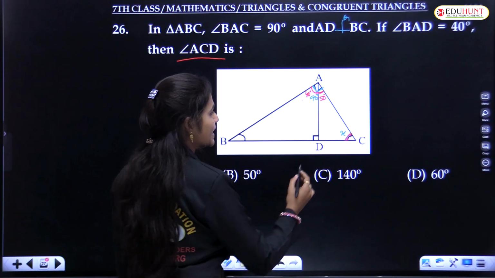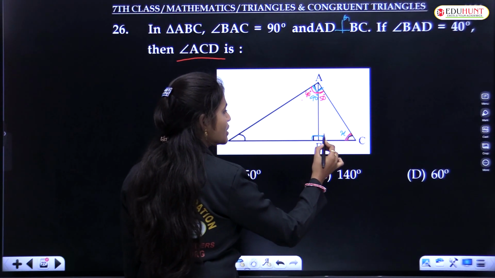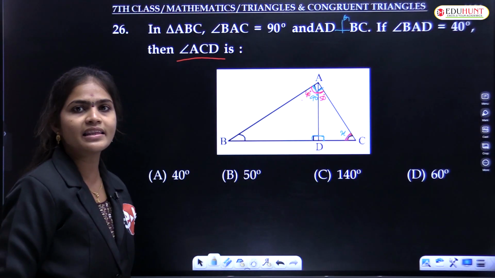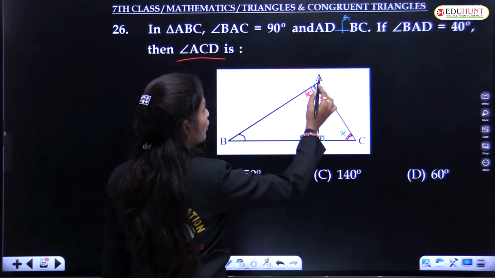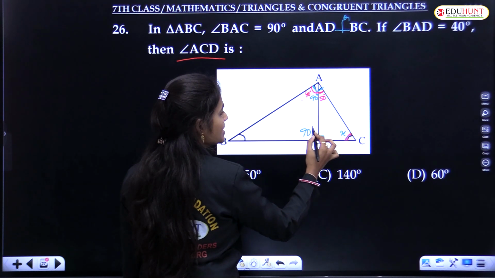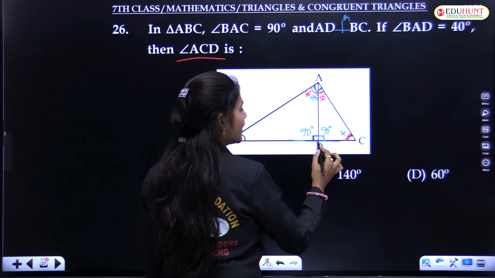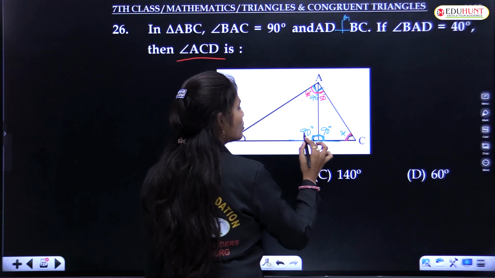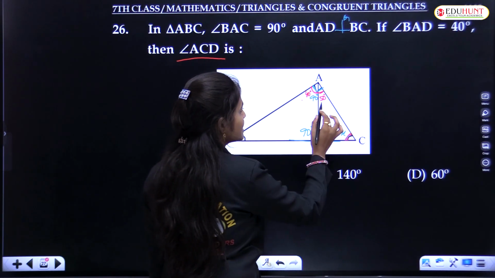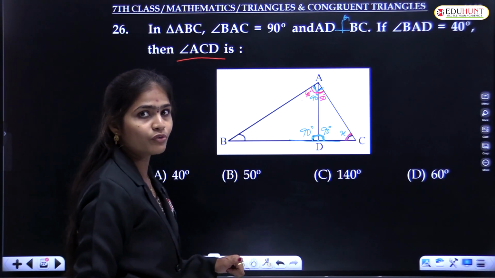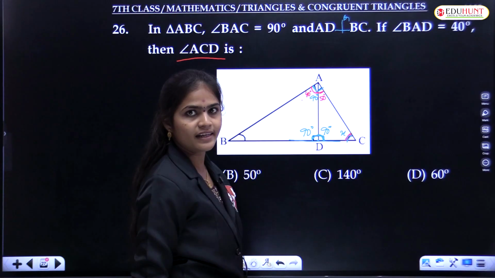So let it be some x, and this is 90 degrees, means obviously here also the angle is equal to 90 only, no? Why? Because at the point D, that is a linear pair only. They have already given that AD is perpendicular to BC, so this is 90 degrees and this is 90 degrees. On a straight line at that point the total angle is equal to 180 degrees. So this is also 90 degrees and we know 50 degrees. What do we have to find? Yes, ACD, so this x we need to find out.